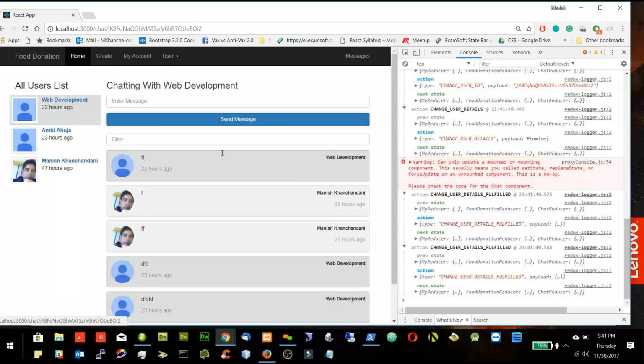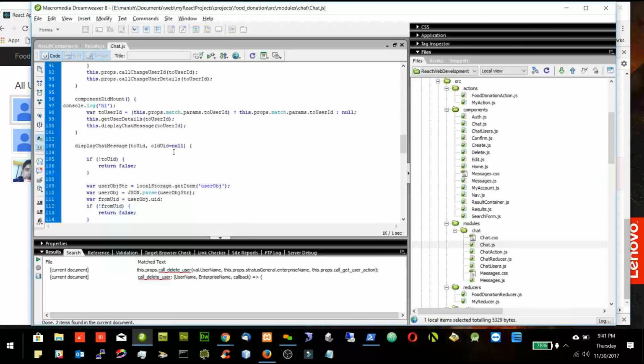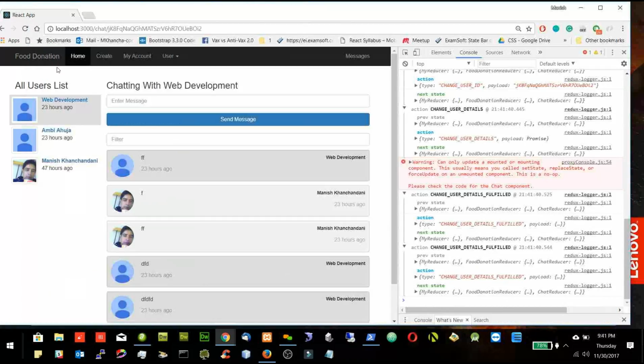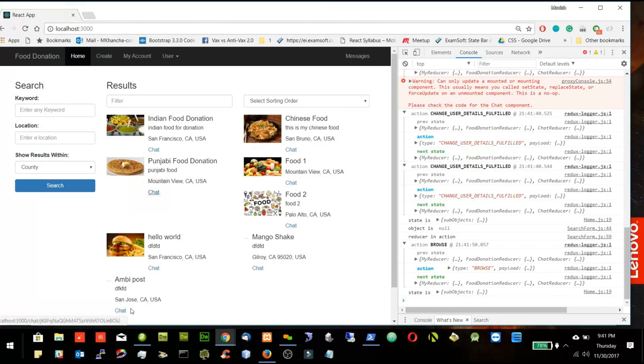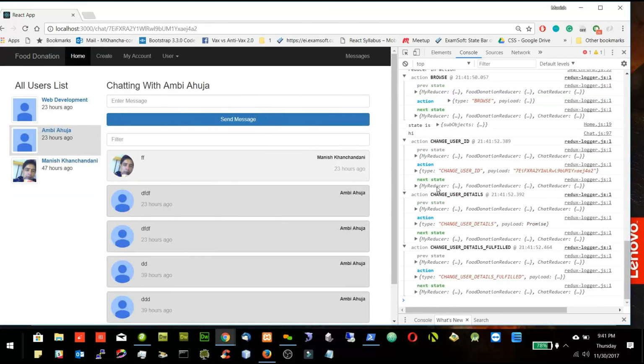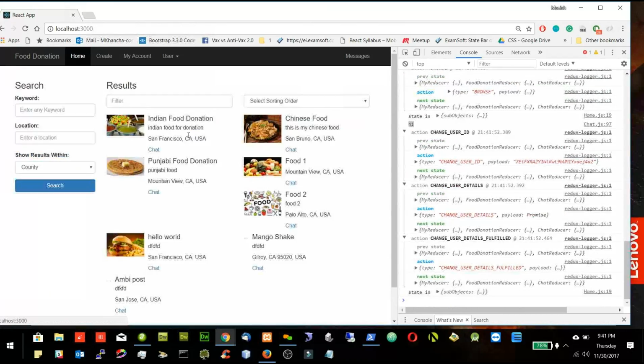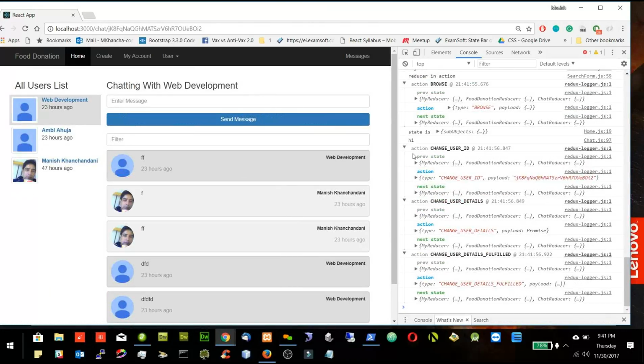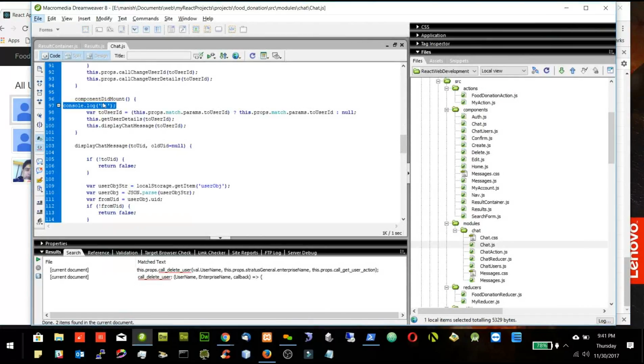So I'm able to see "hi". Now I'll go to the home page and I'll click this chat, and I'm able to see "hi". I'll go to the home page, click this chat, and I'm again able to see "hi". Okay. So now what we will do,